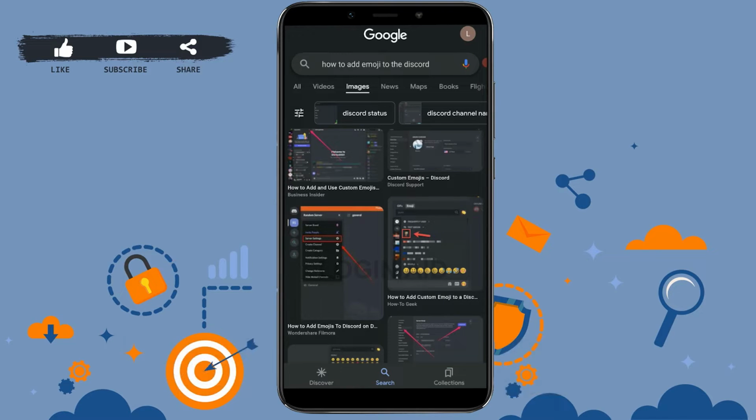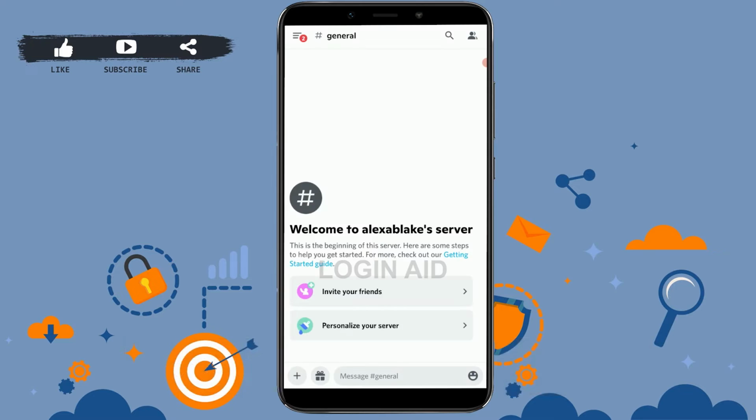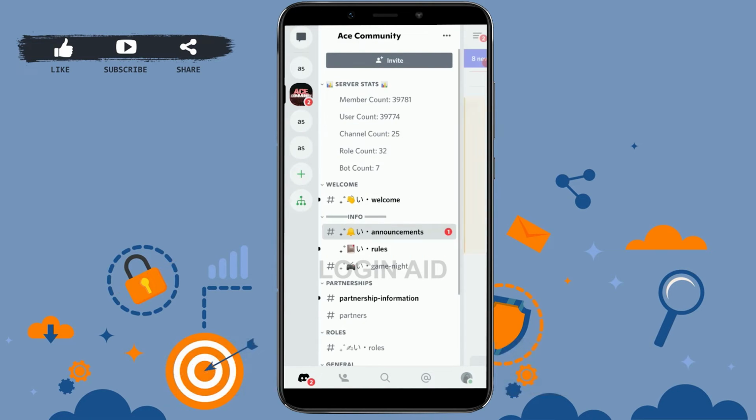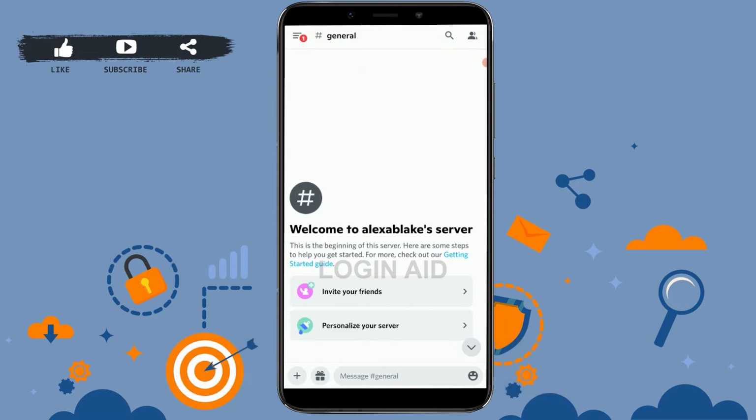Today for this video of Logging Aid, I will be showing you how to add emoji to Discord. So for that, open the Discord application at first. Once you're at the Discord homepage, you need to tap upon the conversation or the page where you want to apply this emoji. So this is the server where I want to add emoji on